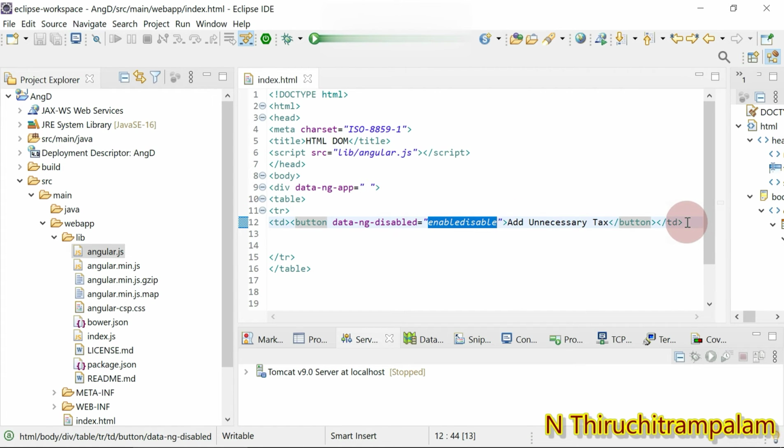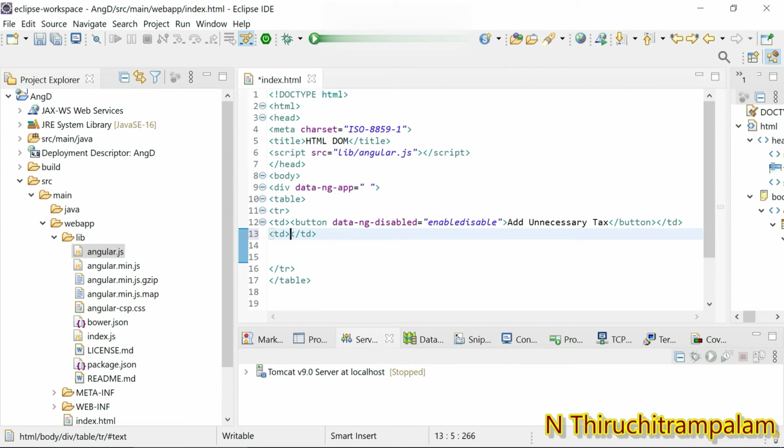Then I add another td, which in a row represents a cell. Here I add one more element, and I'm going to make use of the input element.